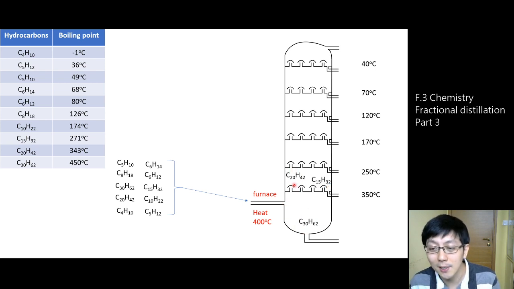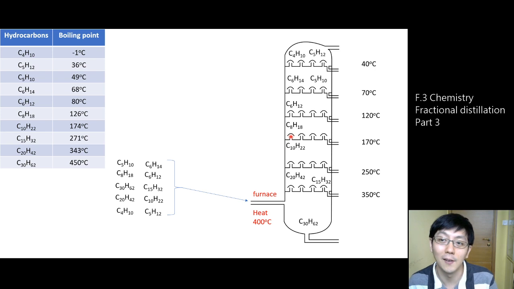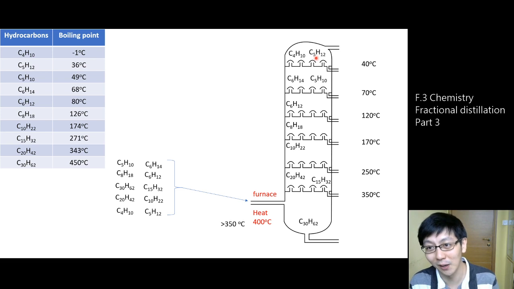Next to it is trapped between these two layers. The next one is trapped here, and then the next one, C18H38 is trapped here because it has a boiling point of 126 degrees Celsius，穿唔過120度呢一層，但係穿得過170度呢層，所以佢會喺呢度。如此類推，here, here, and here. Okay, can you see what we are actually doing? Boom! What are we actually doing?